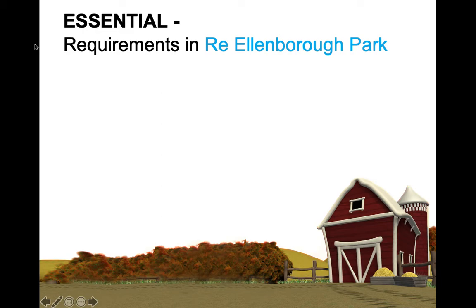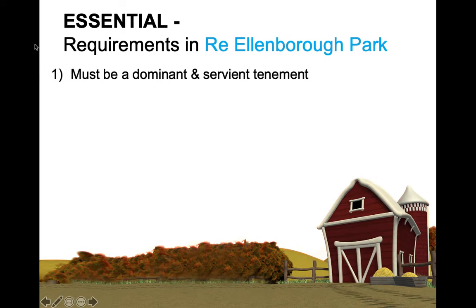So the essence element, that is, is it even an easement at all? The requirements come from a key case in easements referred to as re Ellenborough Park. So that's the case in relation to the essence of an easement. It gives us what's known as the Ellenborough Park criteria. And I'm going to break each of these down because the language usage is a little bit intimidating.